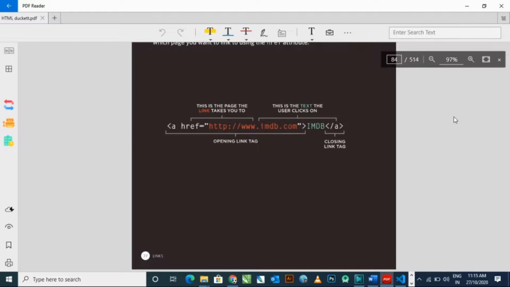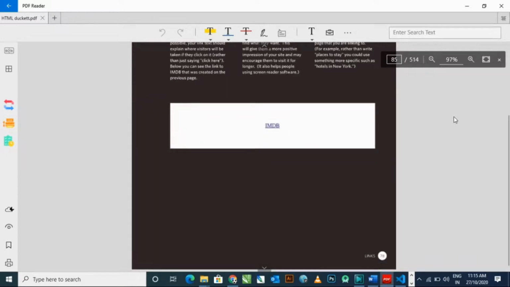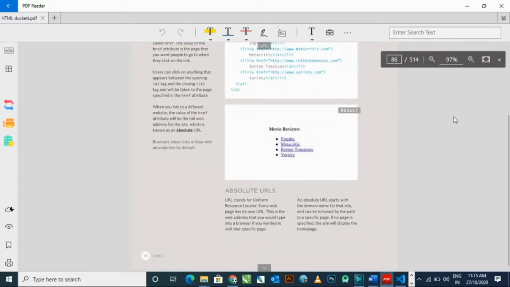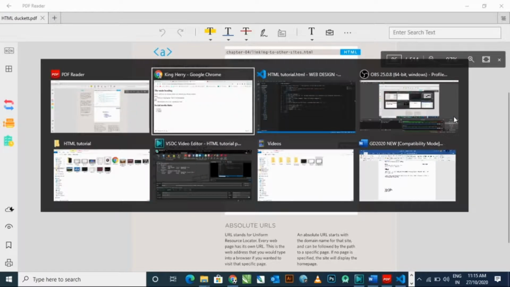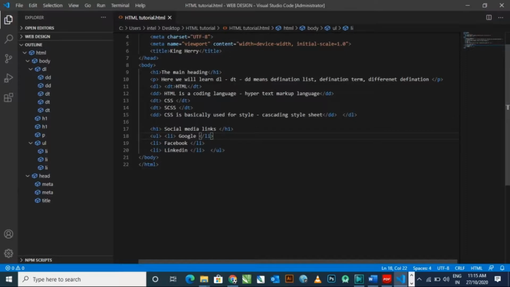Simply, you have to concentrate that before what we did in Visual Studio Code, because I did not mention HTTP. Here you can see HTTP. Okay, so let me put HTTP. Here you can also see href HTTP colon double slash. Then we need to type the website's name. Then it will work. This is the right path.